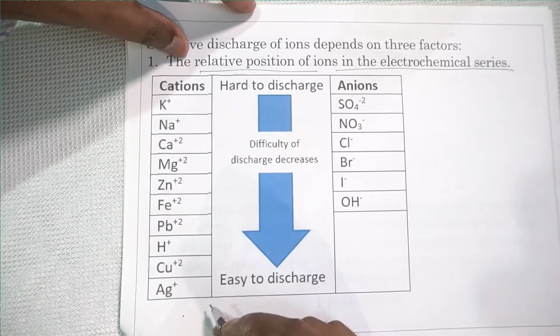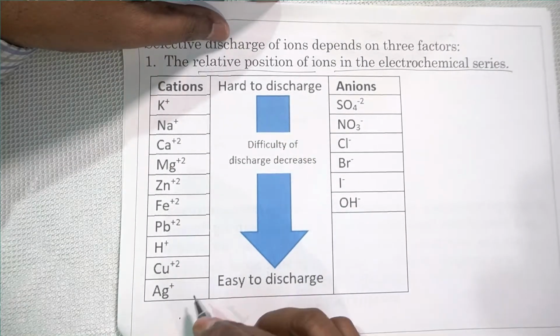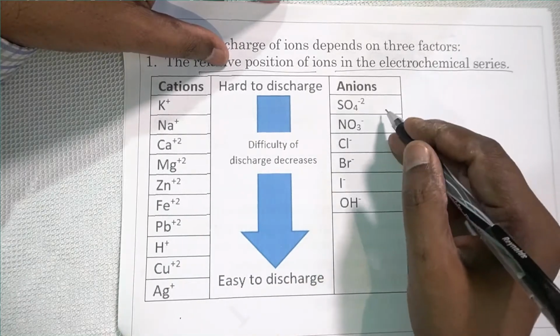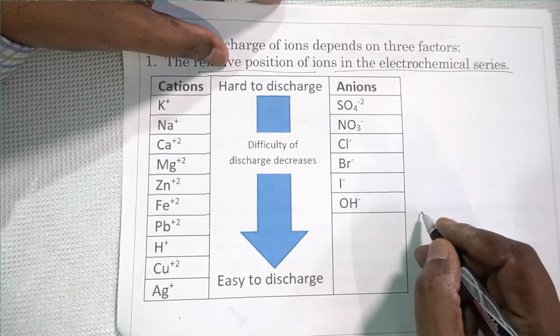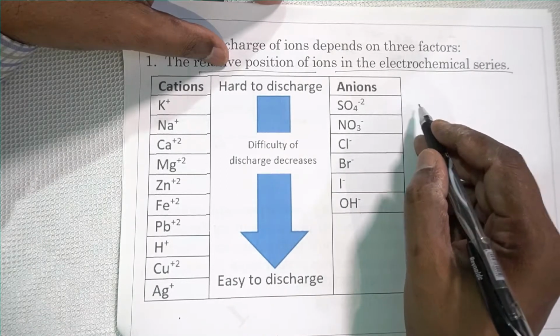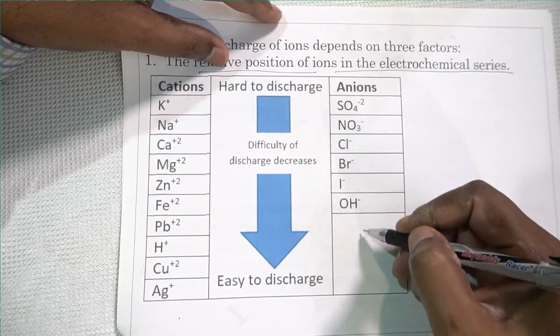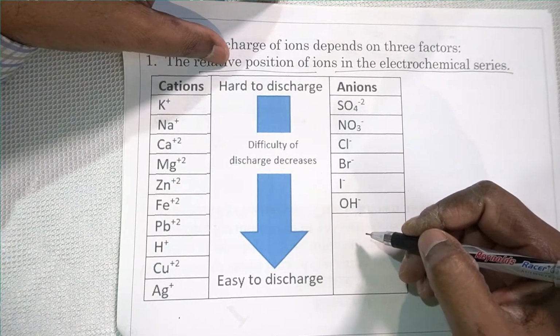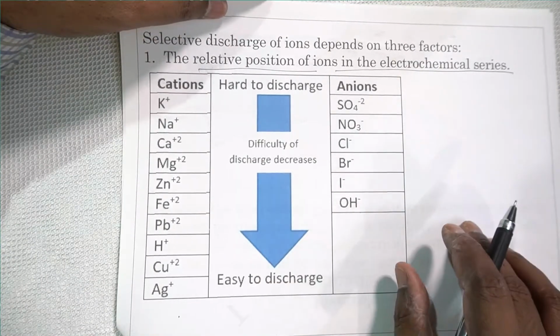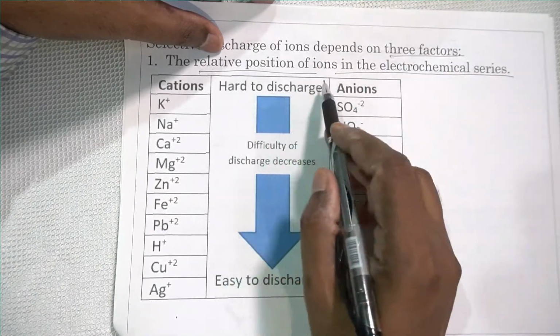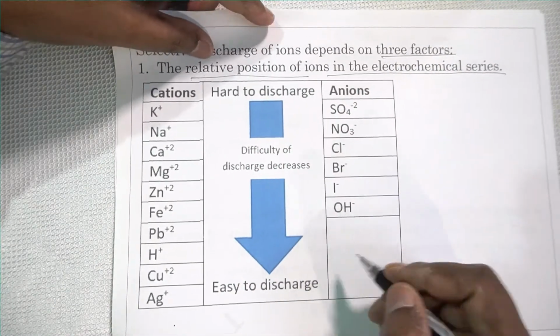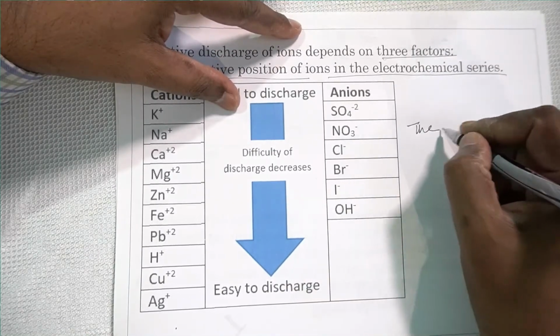So this is called the position of the ion in the electrochemical series. For anions also, sulfate ions, and the lowest is OH. OH minus is the easiest discharge anion, and sulfate is the most difficult one to discharge. So as you move down, the ease of discharge increases. Okay, so this is one thing. The selective discharge depends upon three factors. The first factor is the relative position. In other words, you can say the lower the position